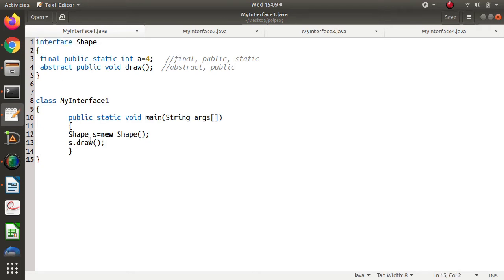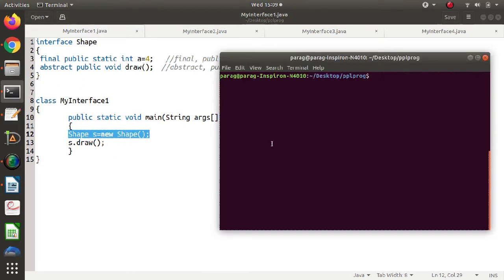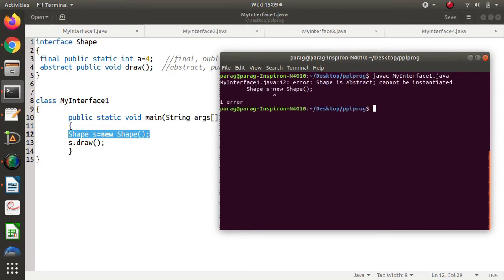Now in this case you can see here we are creating one object of an interface. So we have written Shape s is equal to new Shape. Shape is our interface. Now if you run this program, here we are getting an error. What is the error? Here it is mentioned that Shape is abstract. So just similar to abstract classes, our interface is also abstract and because of that we can't create any object